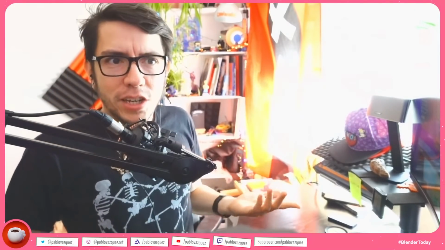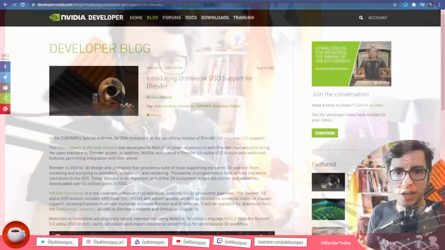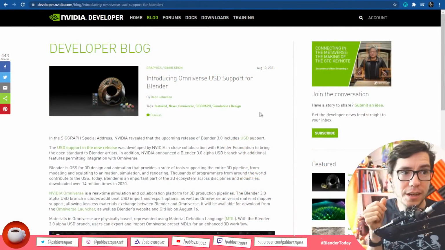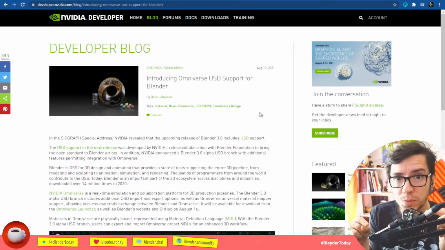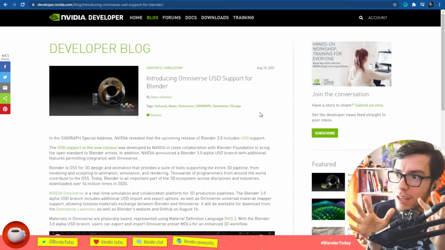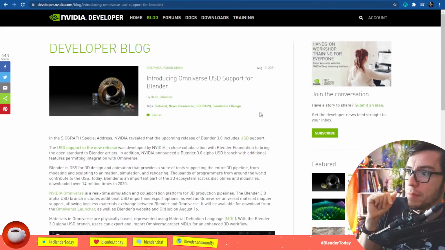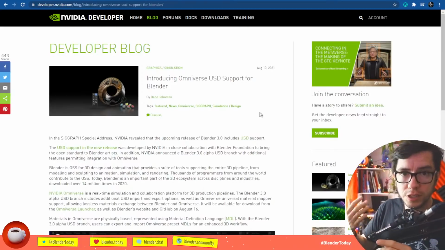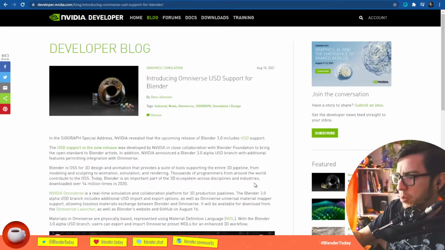So let's go directly into the announcements. Not many actually, and the announcements this week are not from Blender, but they are from Blender friends. So let's share them. It's NVIDIA. You know that they recently merged the USD export changes in Blender. So now everybody can export USD and import in Blender. But also they are going to continue that development on a branch. They want to add support for